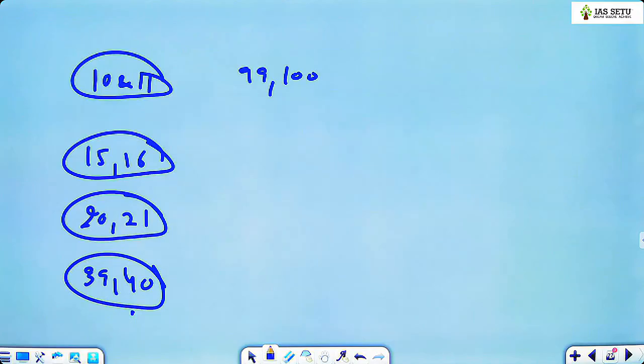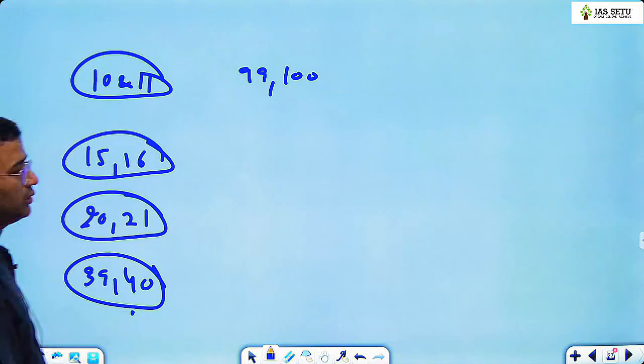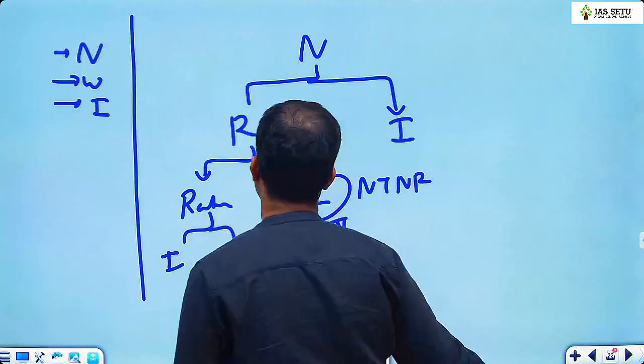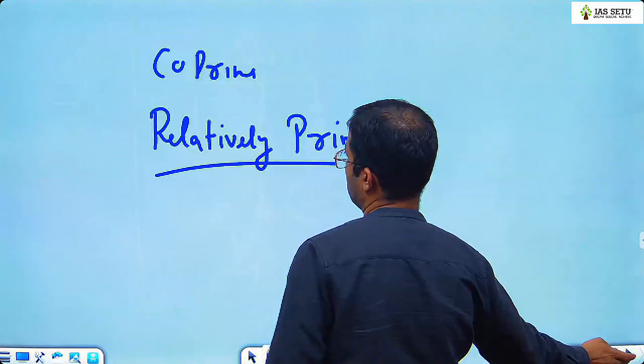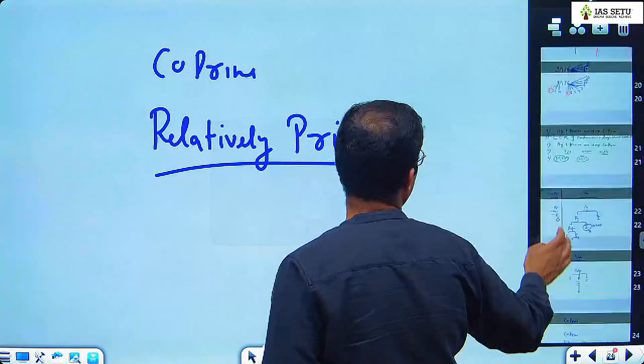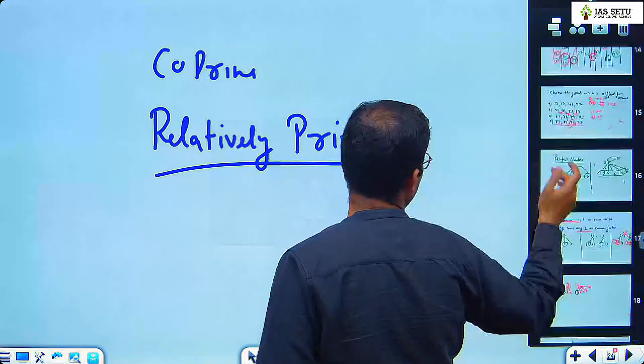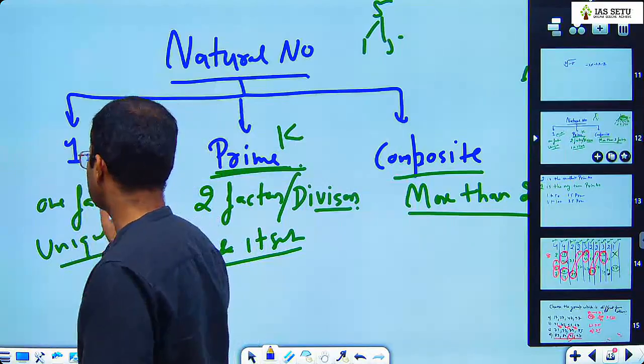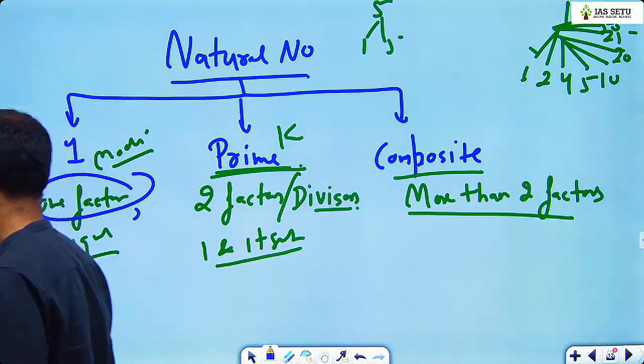नहीं नहीं नहीं, all square roots are irrational numbers, no this is wrong। नहीं, ऑल स्क्वायर रूट इरेशनल नंबर नहीं होते। One is also prime, then why do we not count? यार अभिषेक, I told you one is not a prime. वन प्राइम किसने बोला है? यार ऐसे मत बोलो यार, मैंने तुम्हें इतनी छूट दे दी कि कोई भी डाउट पूछो तो आप गलत फैक्ट थोड़ी लिखोगे। वन किसने बोला कि वन प्राइम होता है? क्लियरली लिखा है, one is neither prime nor composite, one is unique. वन का सिर्फ एक ही फैक्टर है, तो वन ना तो प्राइम है ना कंपोजिट है। प्राइम नंबर वो होते हैं जिनके दो फैक्टर होते हैं।